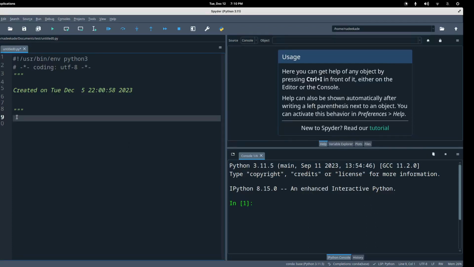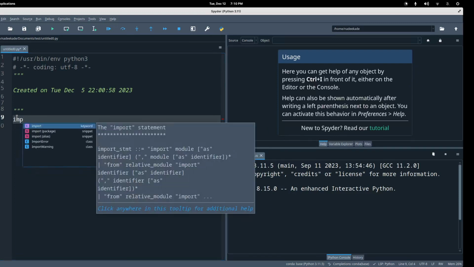Now let's write a function to calculate the area of a circle of radius 5. Here we have to use the value of pi to find the area of the circle. So therefore I will import math. First I will import math